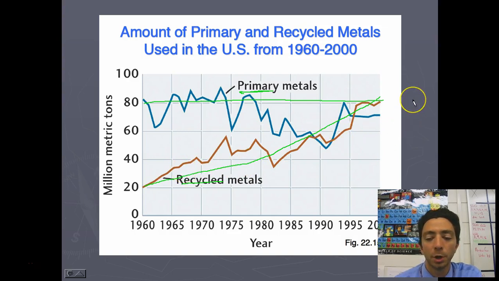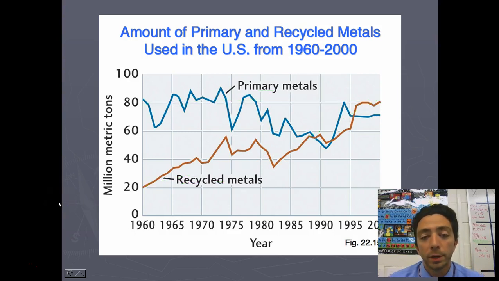And so what this graph is showing is that while our demand for metals is increasing, we're not really taking out any more from the ground than we were previously. Instead, we're recycling ones we've already extracted, which as environmental scientists, this makes us very happy, because the mining process can have a host of problems associated with it, and this recycling is generally cheaper, it's generally easier on the environment, and that's going to be it for video 32.